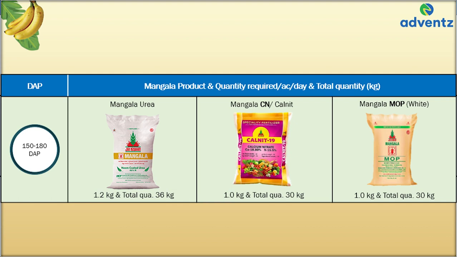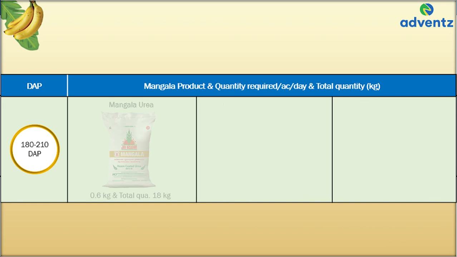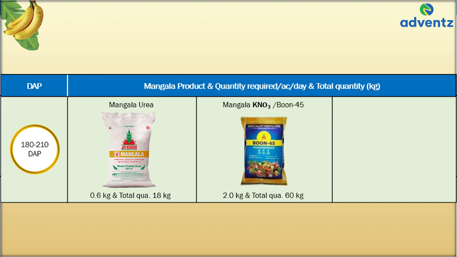In this fertigation schedule, the water-soluble fertilizer Mangala CN or Calnet 19 is not compatible for mixing with any other fertilizer, and hence it should be given separately to the banana plants. The fifth schedule is planned for 180 to 210 days after planting. Fertigation should be done with Mangala urea at the rate of 0.6 kgs per acre per day, Mangala KNO3 or